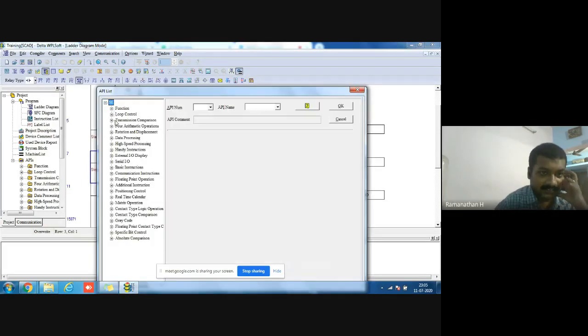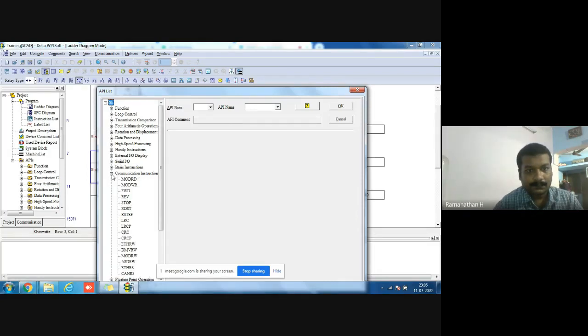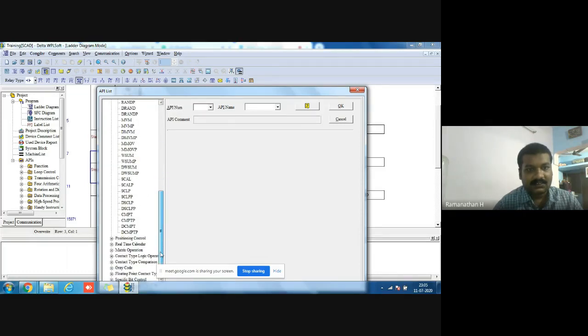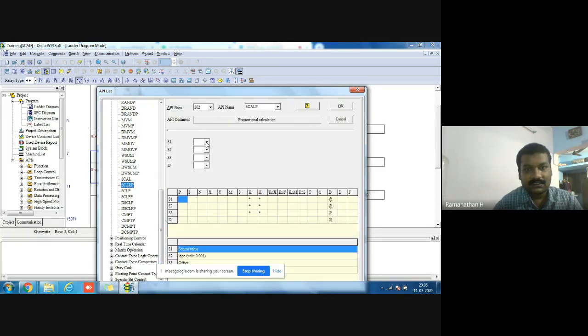Then actually a lot of sections are there. I'm selecting some of the basic instructions and telling you. These are the scaling instructions. The scaling instruction is used for proportional calculation, for example PID parameters and analog bits.